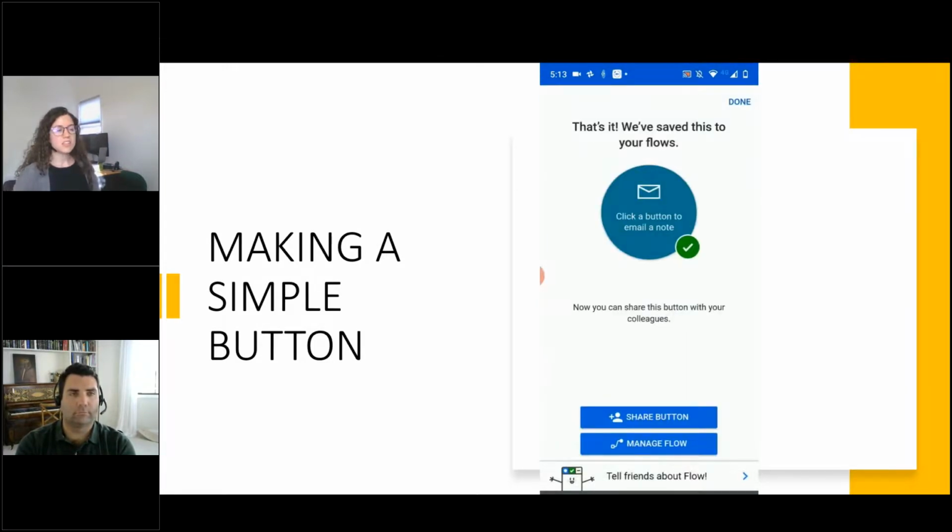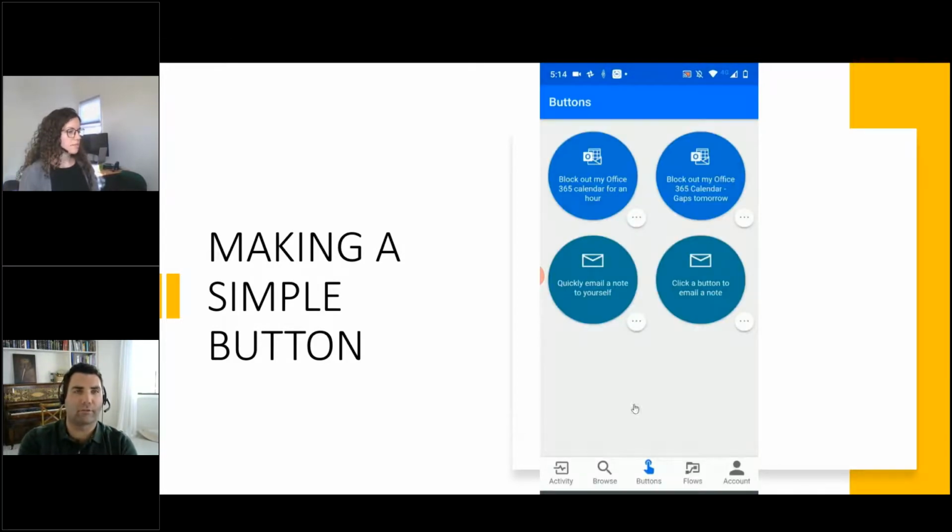There you go. So again, you don't need to go to the Flow website or anything like that. You can do this straight from your phone and set them up. You can share them with your colleagues if you think it would be helpful for them. So that's to create one that you're going to repeat over and over. Exactly. It's now going to be saved into your little button section on here